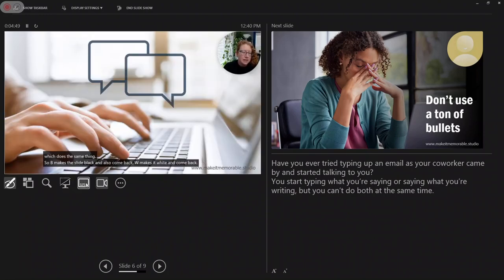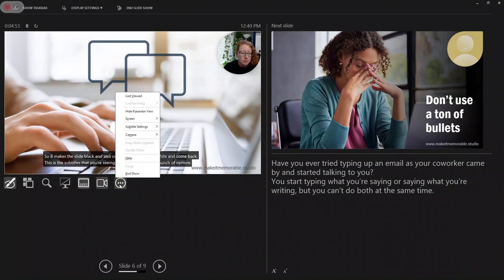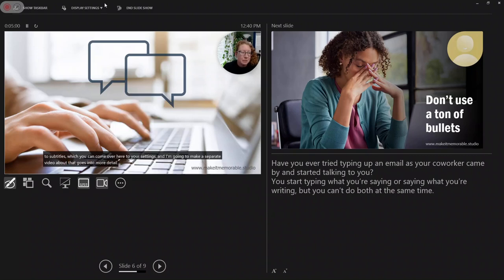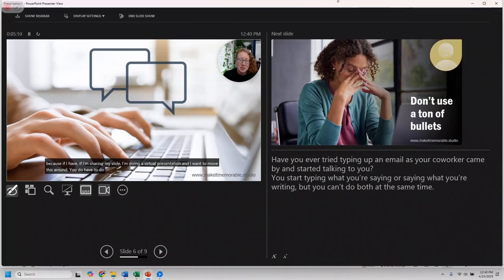This is the subtitles that you're seeing right now. You have a bunch of options when it comes to subtitles, which you can come over here to your settings, and I'm going to make a separate video that goes into more detail about that. But ultimately this is great because if I'm sharing my slide, I'm doing a virtual presentation and I want to move this around, you do have to do this shrinking button first before you move it to a